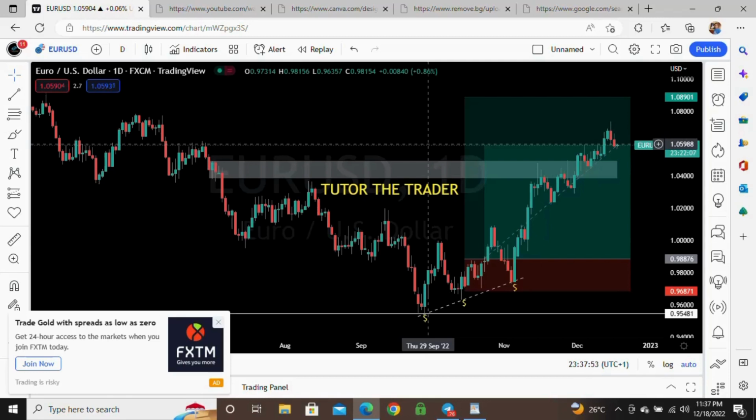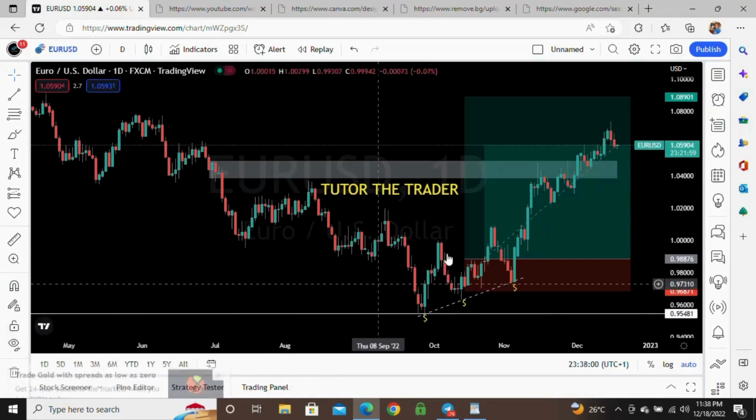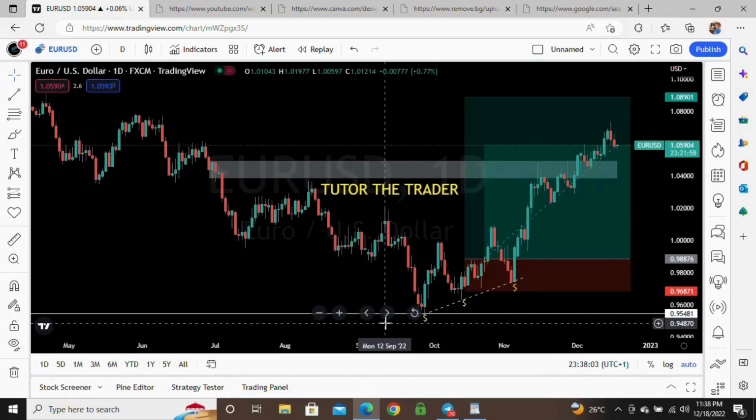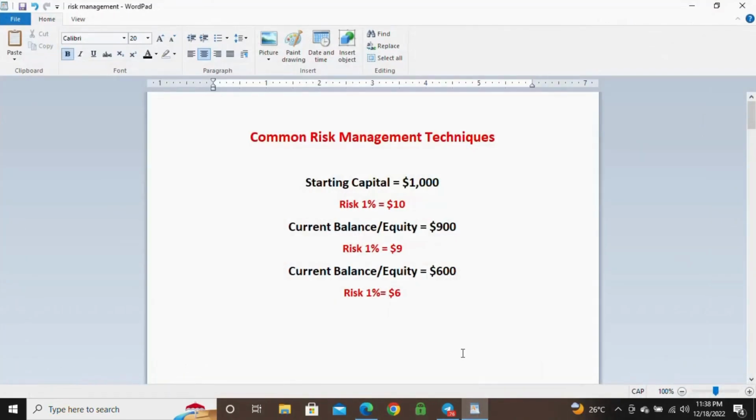Risk management is one of the things that make traders fail, because it is very important, and you need to understand what we mean by risk management. If you don't understand the risk, you can blow out your fund in a twinkle of an eye. And that is why I'm going to be sharing with you some of the techniques that you can use to manage your funds. Now, before I proceed, I'm going to show you the common technique that is viral, that everybody knows,